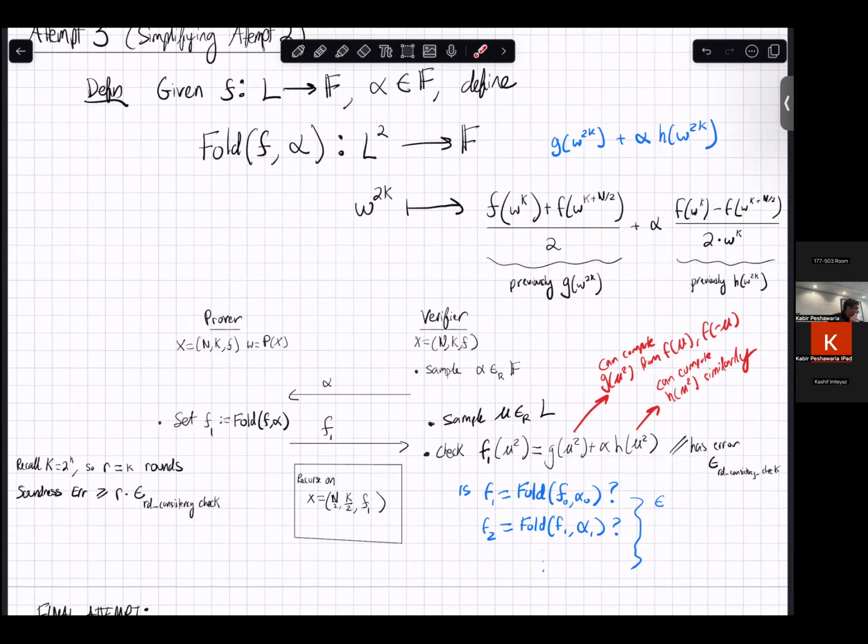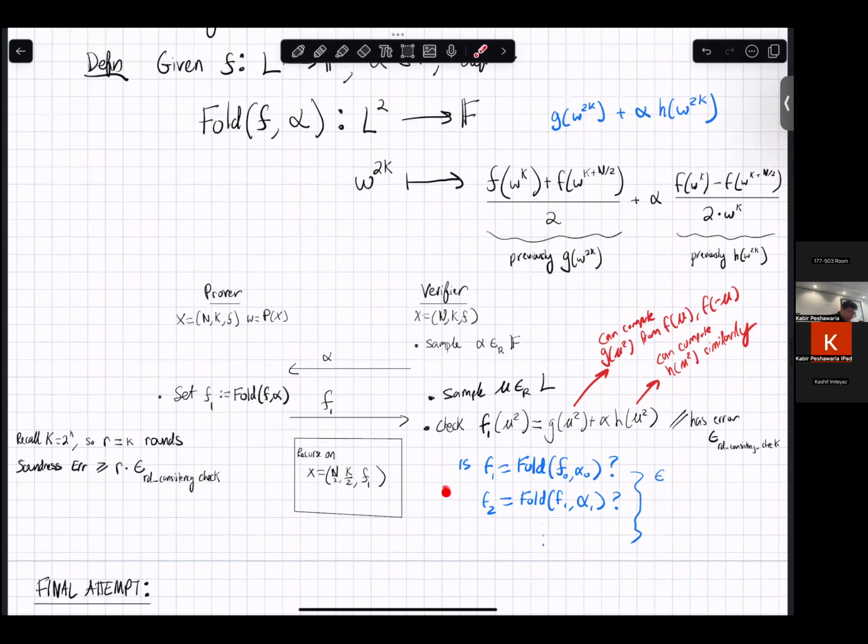Why are we chaining the folds, for each of the rounds? The blue text you wrote. So what was I actually writing here? This is the folding check that will happen on F1 in the first round. Then in the next round, there will be another folding check that happens on F2. When we unwind this recursion, we get these kinds of checks at every single round.